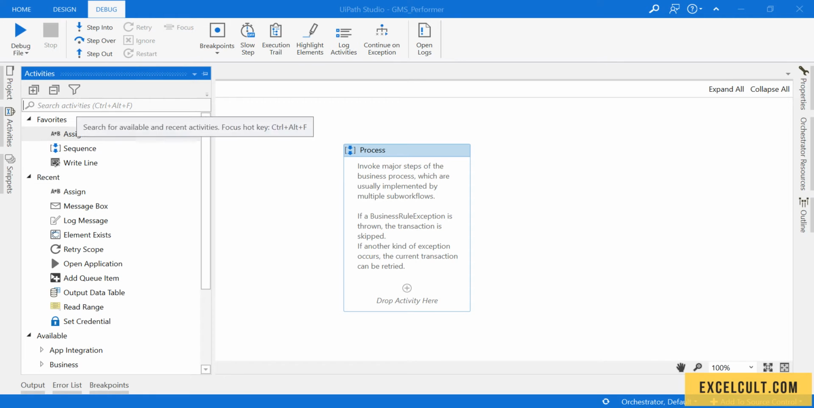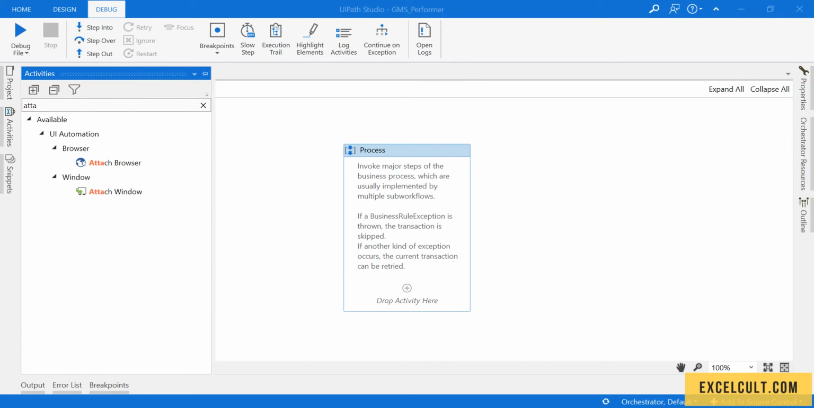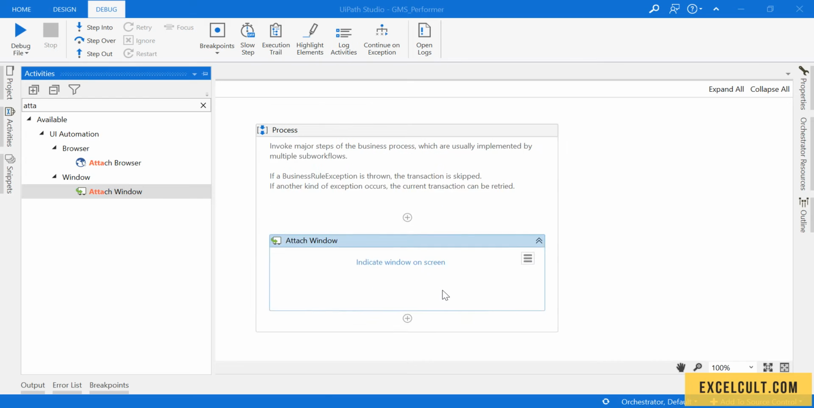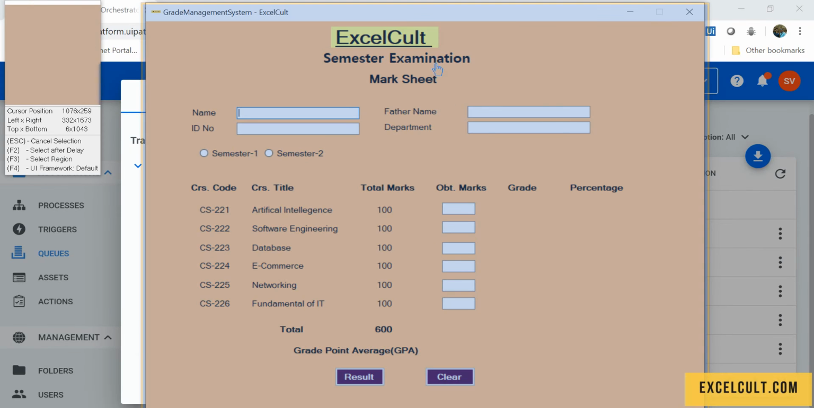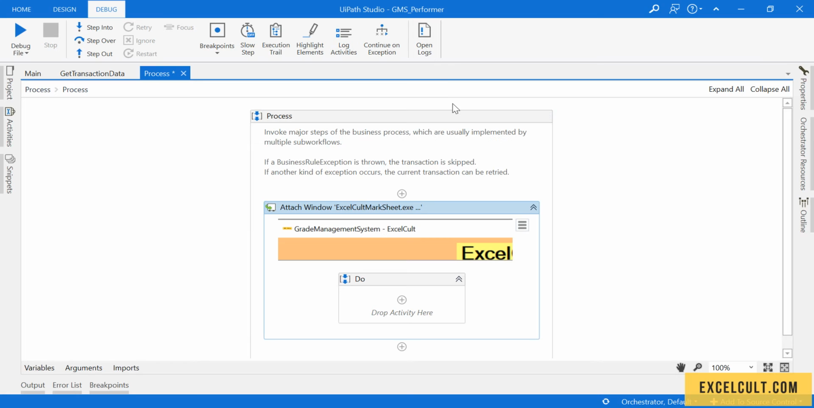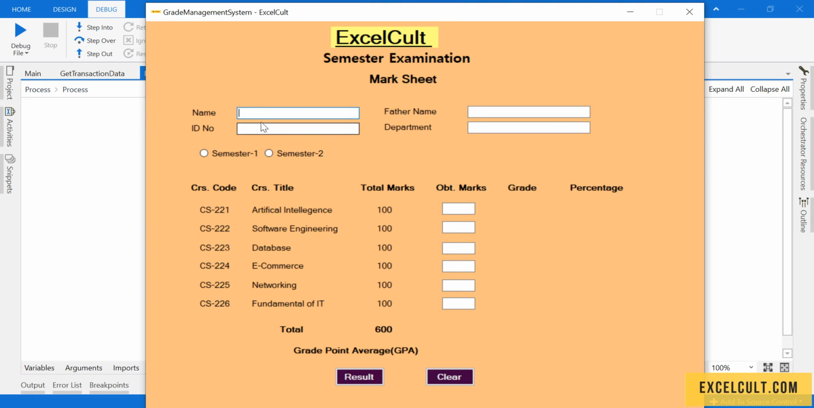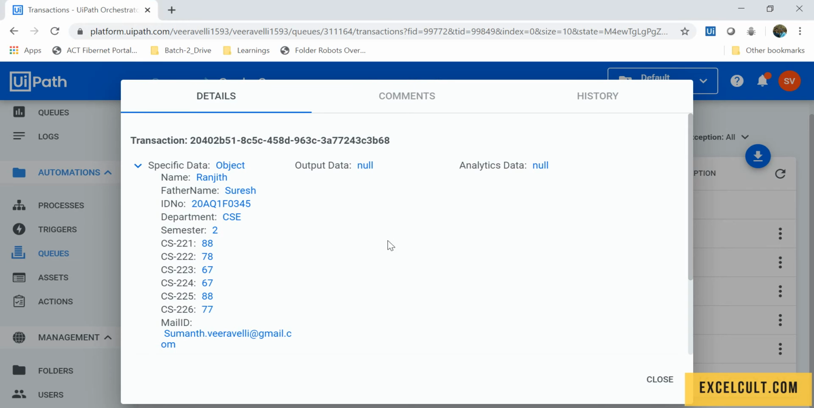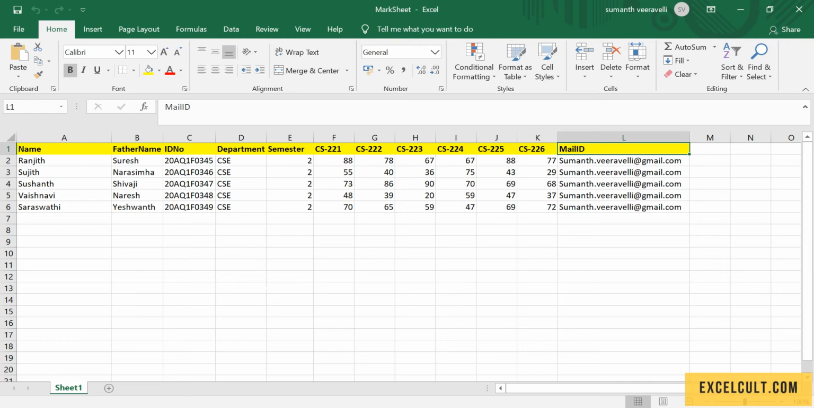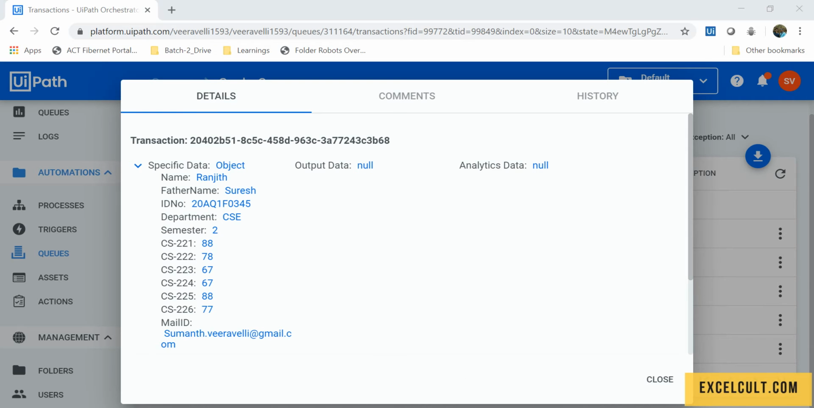I'll take attach window. So this is what we need. Indicate on screen, and I will try to indicate this. Once that is done, we have to start entering the values that we will obtain from this. If you keenly observe, these are the values that we have uploaded to the queue from this particular Excel, right? Cool. Now getting back to the code,